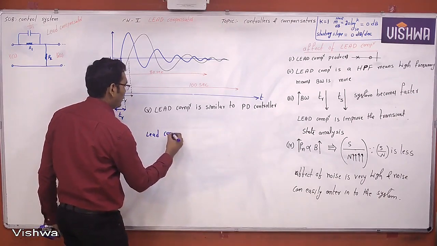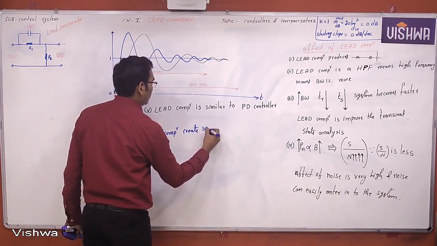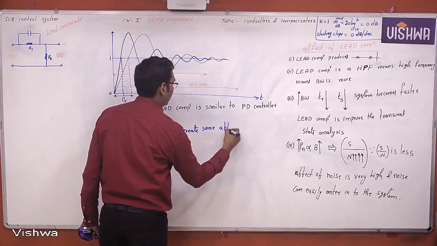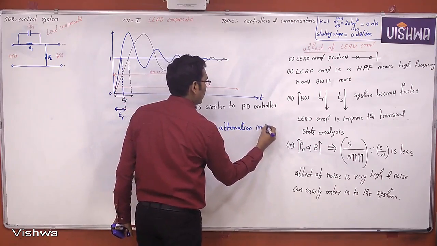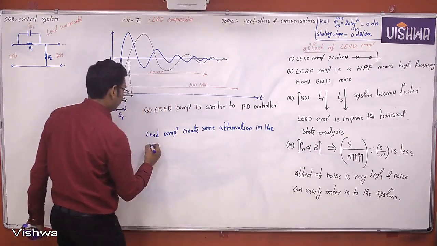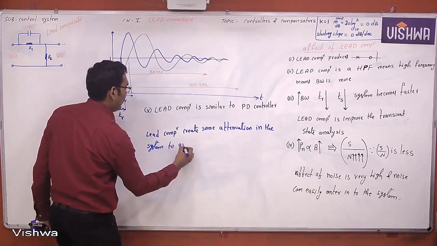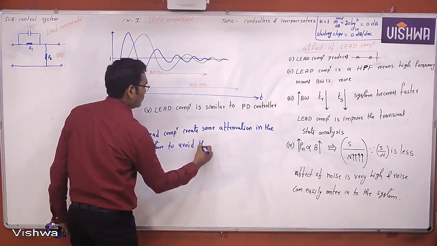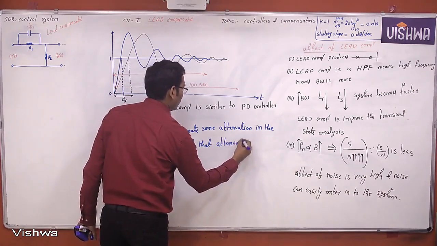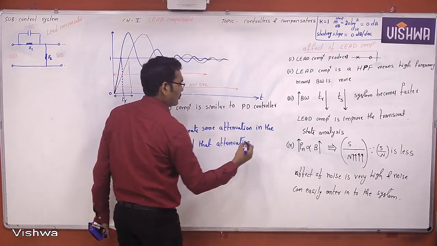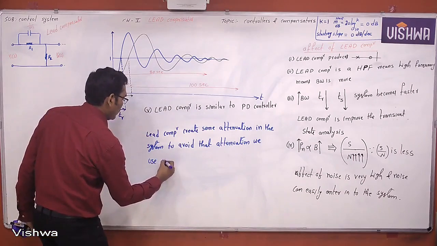The lead compensator creates some attenuation in the system. To avoid that attenuation we use an amplifier,